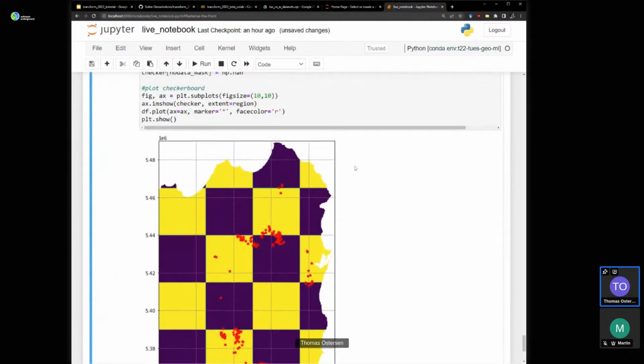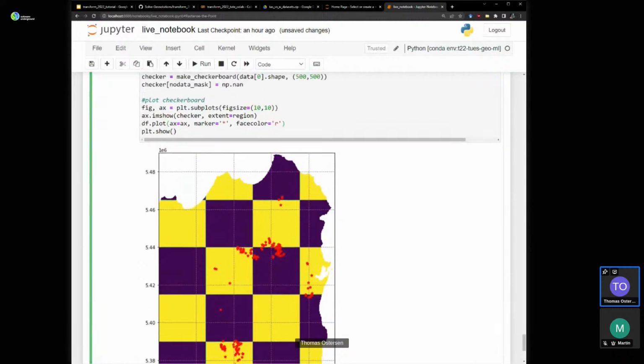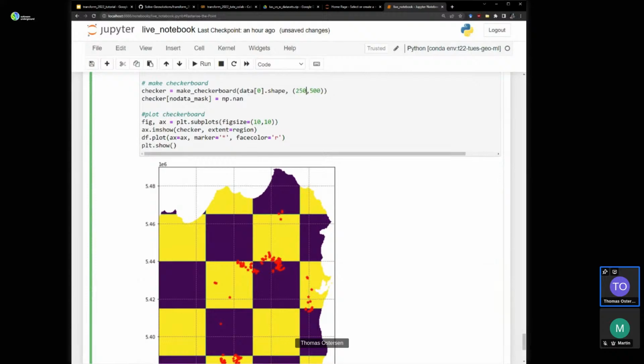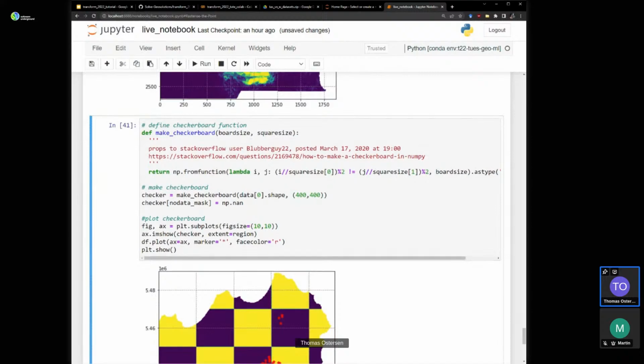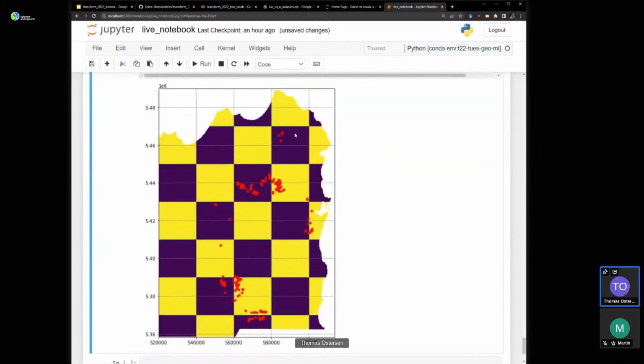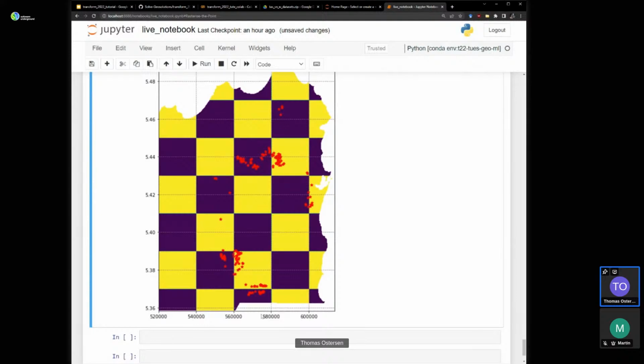Okay. I kind of want to isolate that little spatial cluster of occurrences. So let's go with 250 pixels. How does that go? No. 400. Bear with me here. Okay, there we go. So we've isolated that one, that little cluster. And we want to see if that little cluster gets predicted when you train a model on pixels from this yellow checkerboard. So, okay, let's go ahead and select some data using this checkerboard.